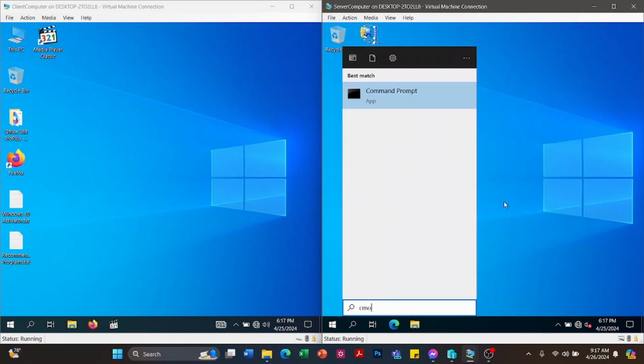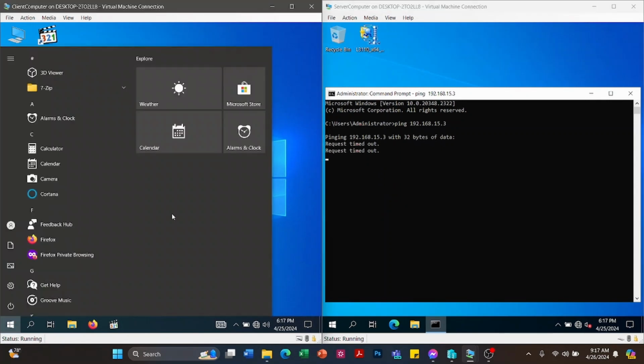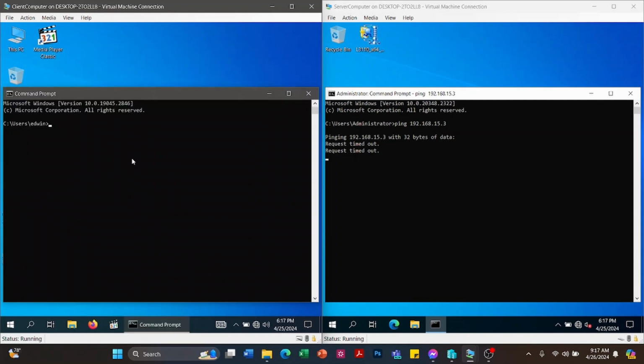Command prompt. Let's check for the ping. Let's ping the IP address. Oh, so that's why it is. So let's go to the client computer. Then let's check for the ipconfig /all.